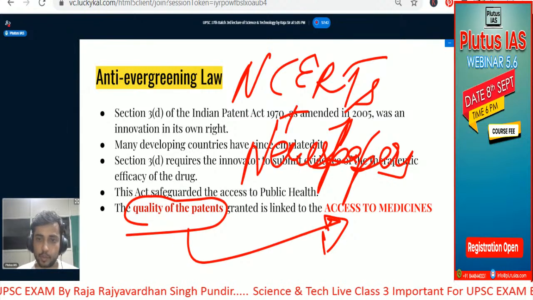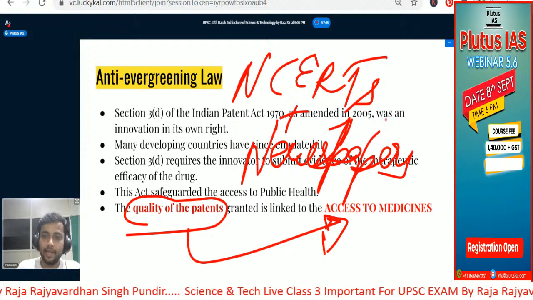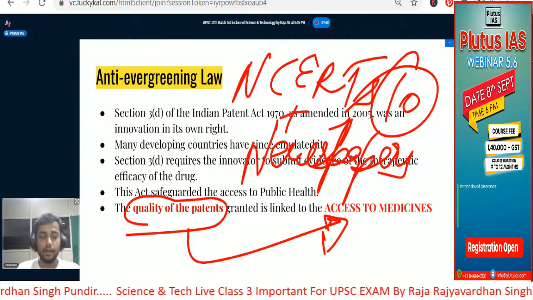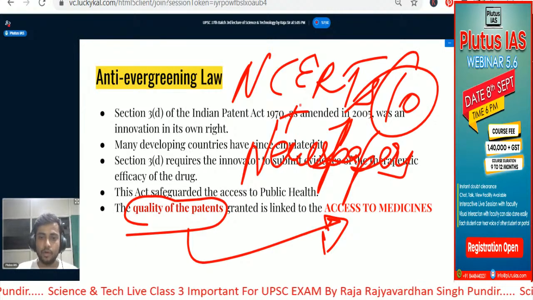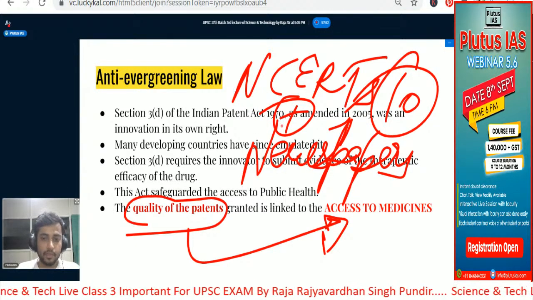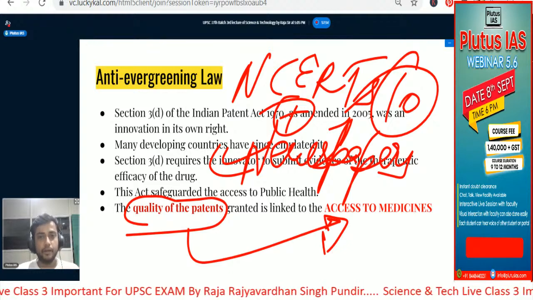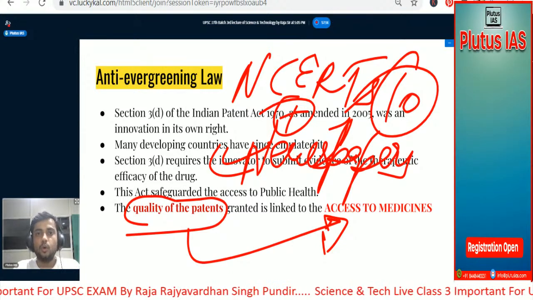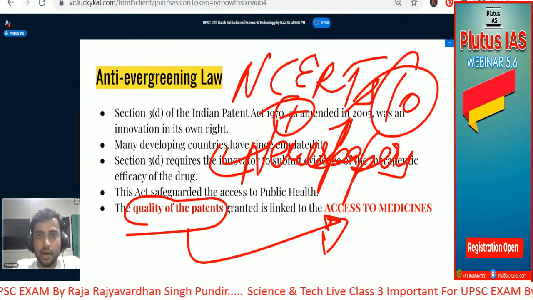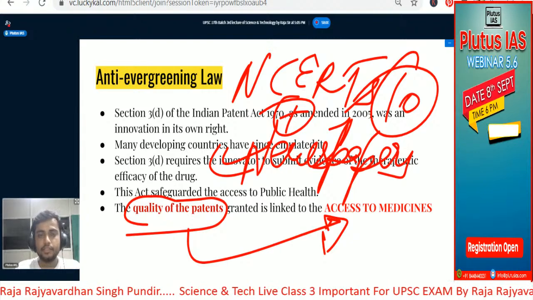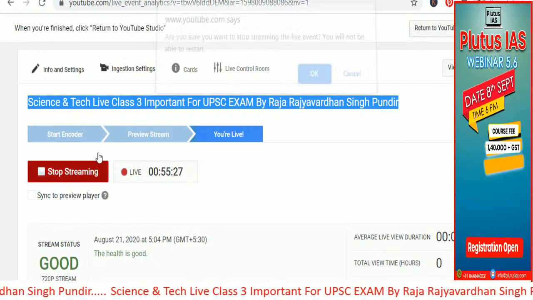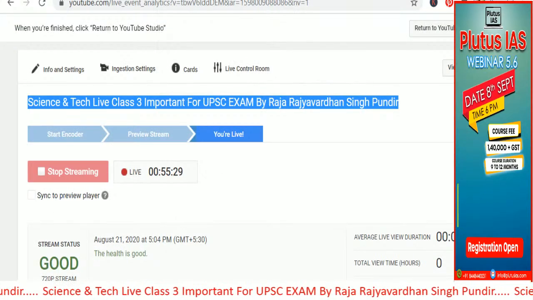NCERTs plus newspaper. And if you can read the 10th class NCERT for science and tech, that will be very helpful. And the newspapers will help you. The material provided by the institute is better; all the other books that you will get in the market are not as good. They are just a copy of one another. So the material that we will provide you in the class and the material